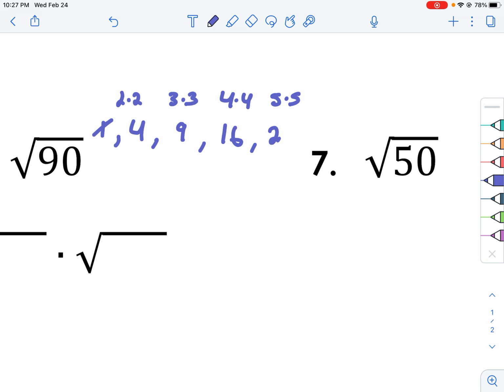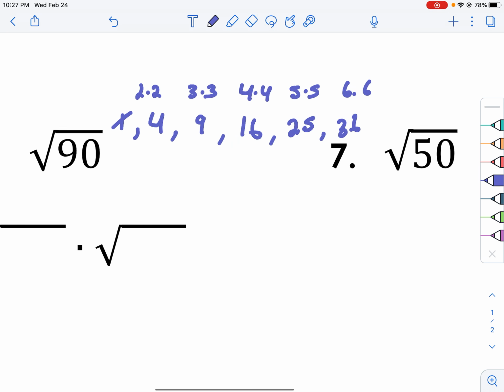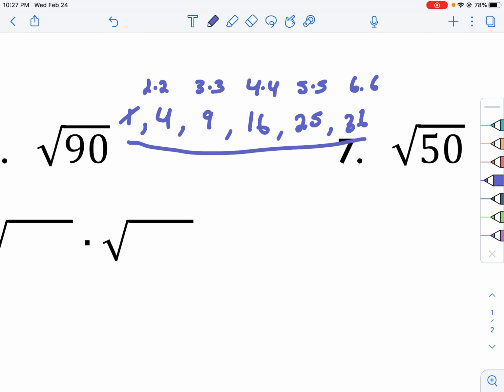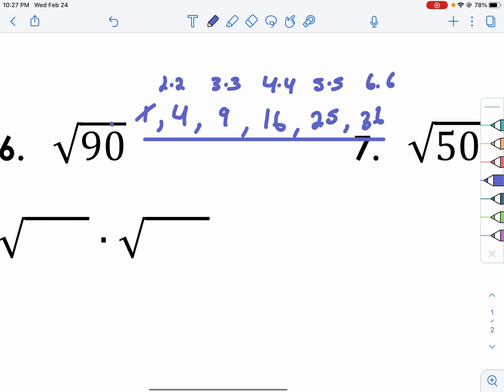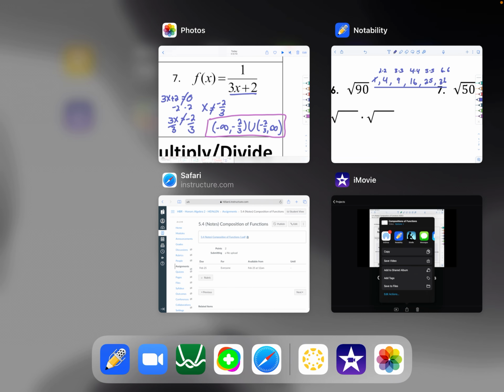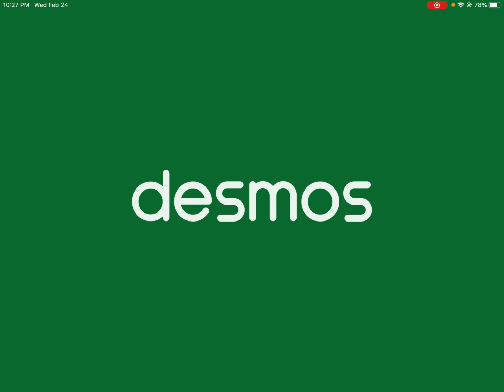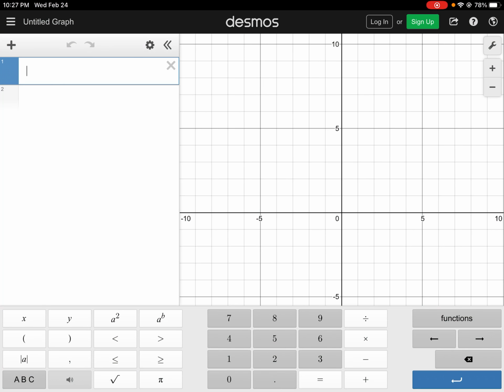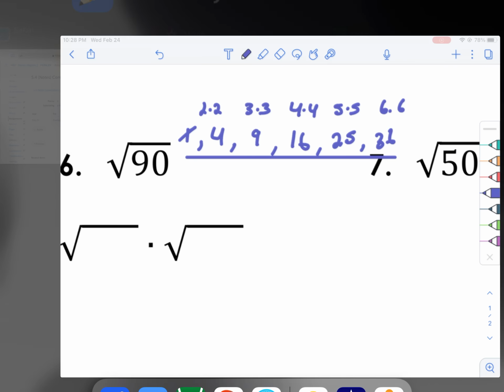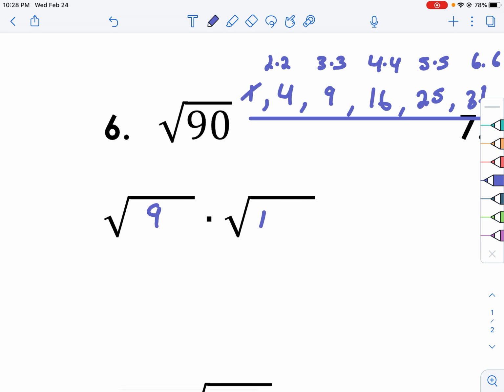Continuing, we have 5 times 5, which is 25. And 6 times 6, which would be 36. And you could keep going, right? But here are some of our perfect squares. All right, and then we need to find the biggest one that goes into 90. In order to do that, we're literally just going to have to start taking 90 and dividing it by some things, right? So 9 definitely divides 90, so let's try that. 90 divided by 9 gives us 10. So if we go 9 and 10,